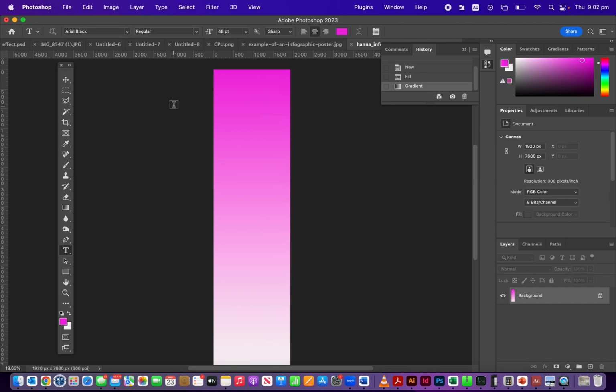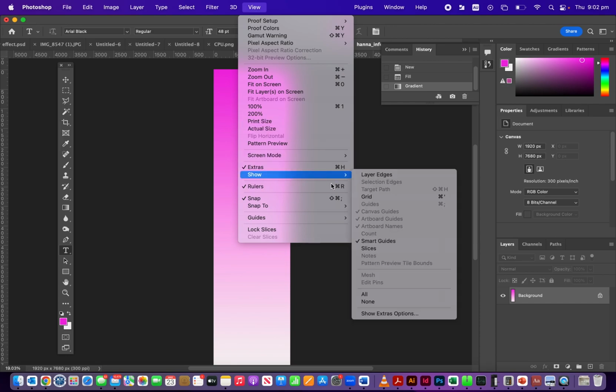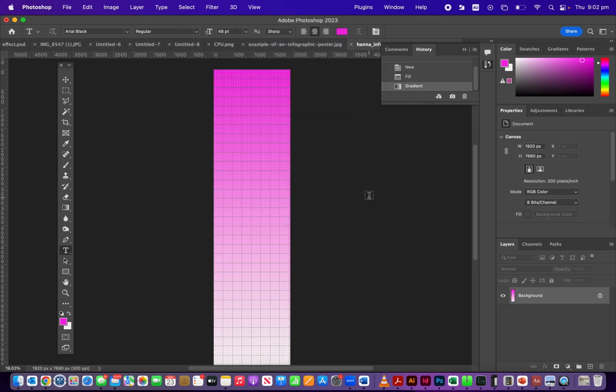Okay, we're going to need that because we're going to align everything, and we also want a border around our poster. So I'm going to put a grid as well. So I'm going to go to view, and I'm going to go show grid. View, show grid. And that's really going to be very, very helpful for working out how to align images and text, but also to kind of work out